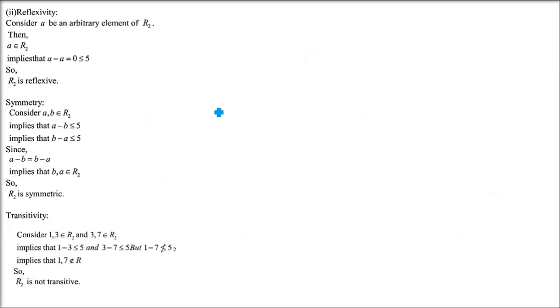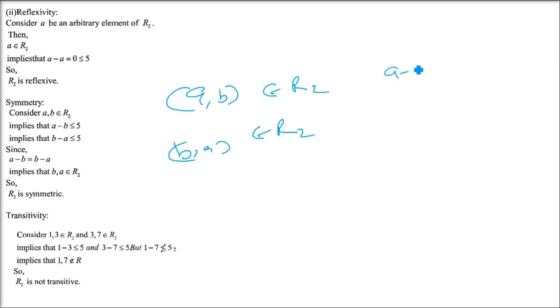Now coming to the transitivity. The best way, when you are not very convinced about how to get it done by the condition which is given, is to give the numbers. We have already seen the symmetricity, so now we are coming to the transitivity. So AB, BC we are taking. So the modulus of A minus B is less than or equal to 5, and B minus C is less than or equal to 5.